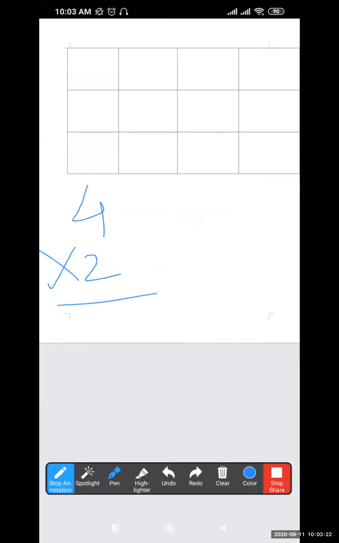Now table of 2 till 4, right? Table of 2 till, now how far do we have to say the table of 2? We have to say the table of 2 till 4. 2 1s are 2, 2 2s are 4, 2 3s are 6, and 2 4s are 8. Right? 2 4s are 8. So we got answer 8. Right? Now let's change the places of the multiplicand and multiplier. Let's take multiplier as a multiplicand and multiplicand as multiplier. So we'll be exchanging the places of the multiplicand and multiplier. That means 2 multiplied by 4.